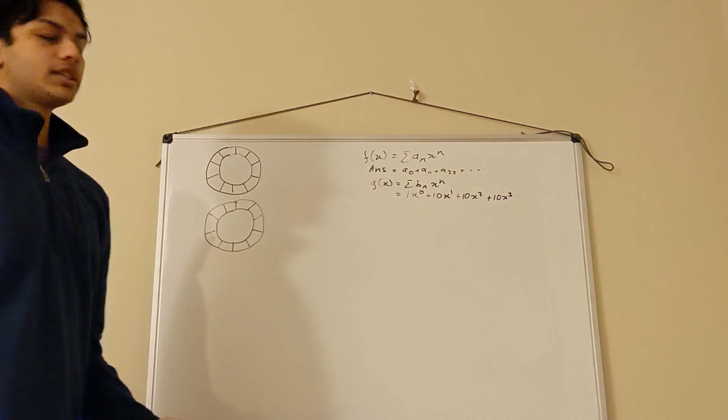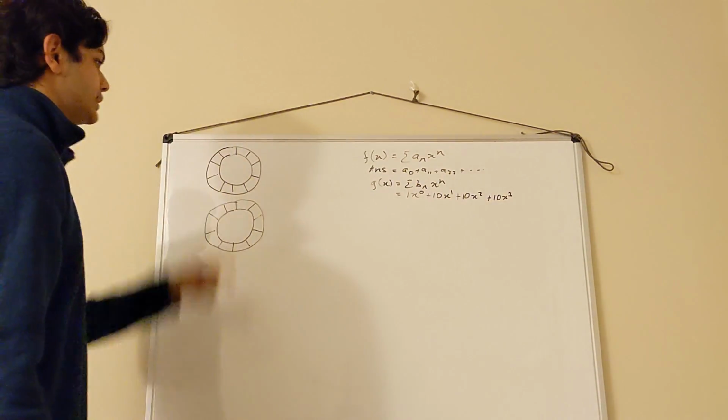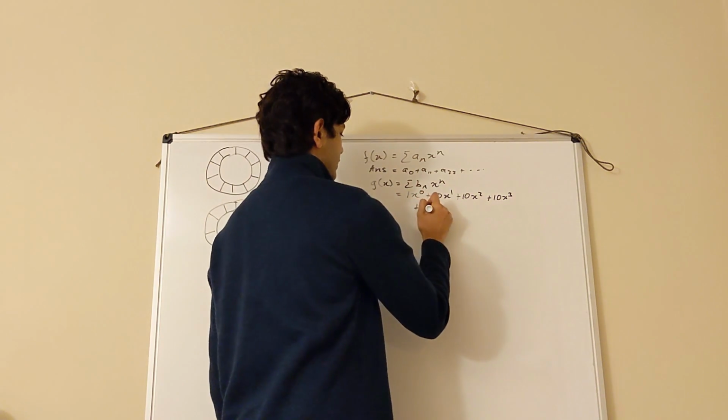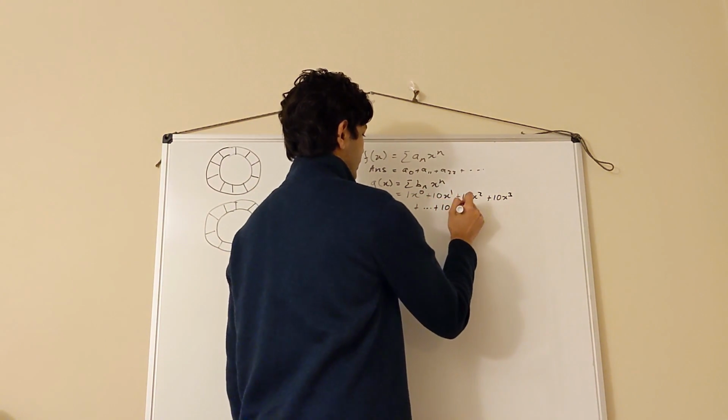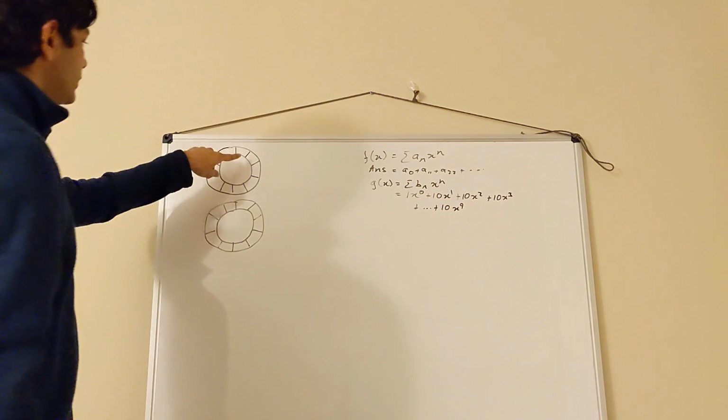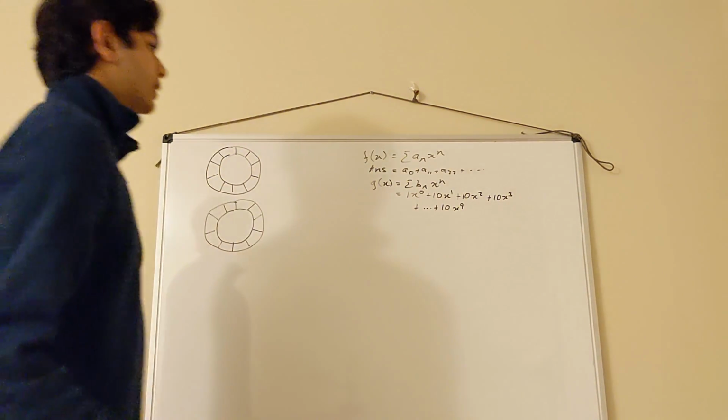So it's determined by the first place you pick it, and there are 10 of those places. And this keeps on going up to x to the 9th. So even at x to the 9th, if you pick here, then you just go all the way around to here. But then x to the 10th,